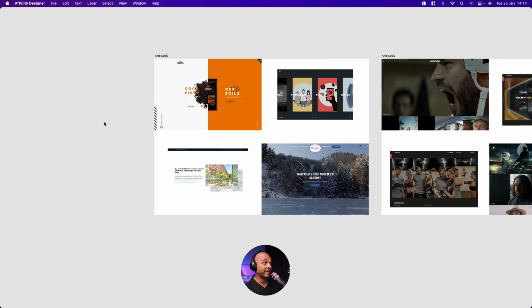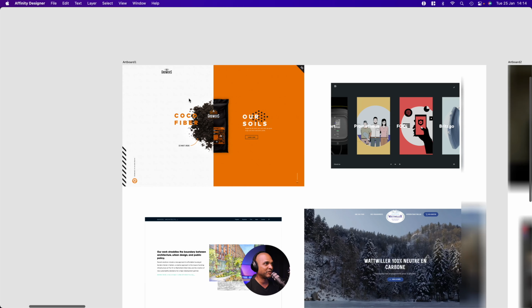So the first thing I encourage you to do is to create a mood board. And in case you don't know, a mood board is just a collection of visuals that you actually want to implement in your website, not exactly as is. It's just an inspiration. So if you take a look here at this mood board, I like this website